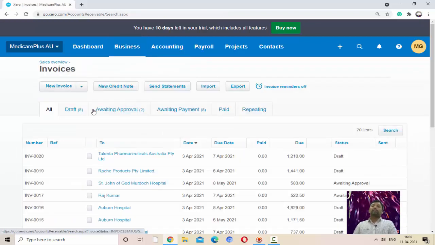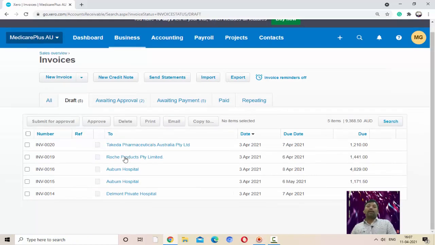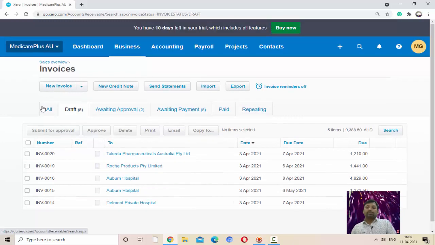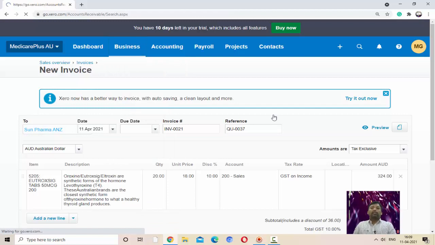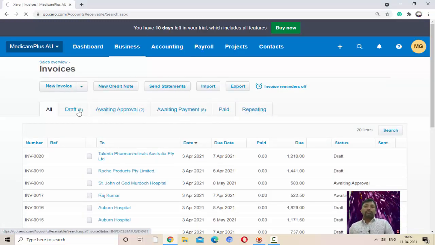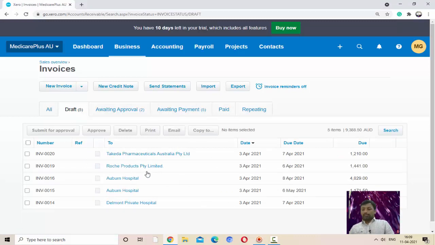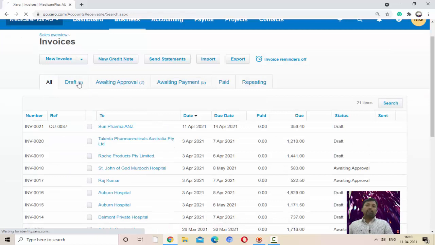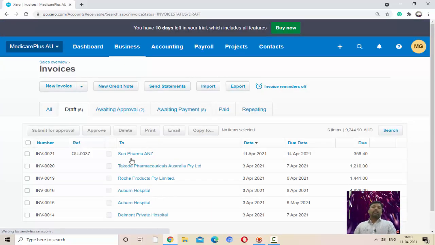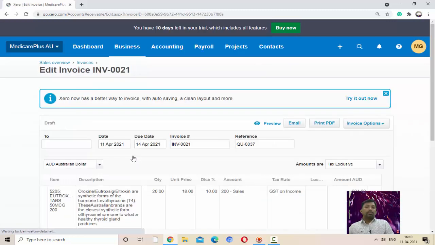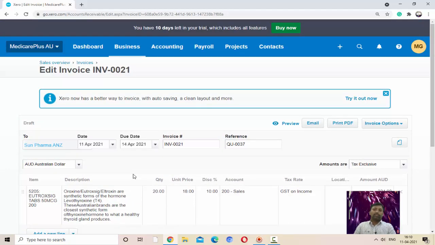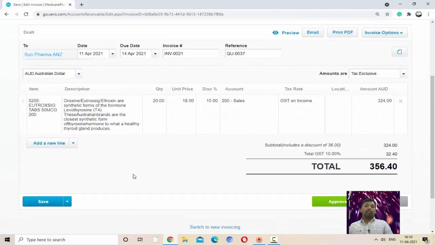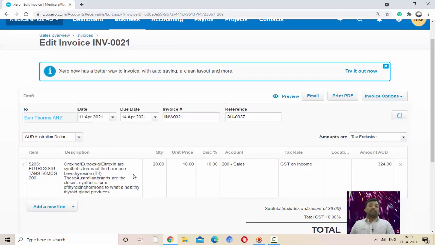And you can go in the invoice, and there in the draft option you will see the one accepted by us. After creating the invoice, you will see it in the draft. So friends, see here in the draft the Sun Pharma company which was quoted by our business, and now the sale invoice is generated by our business. You can see that this sale invoice is generated by our business. Now we can see that invoice in the draft mode.